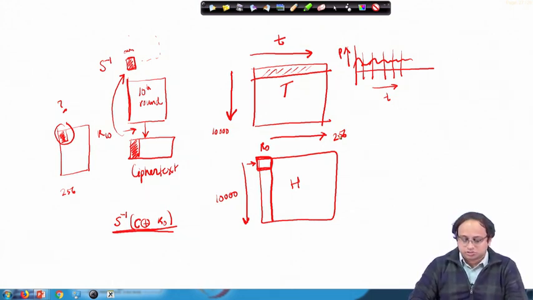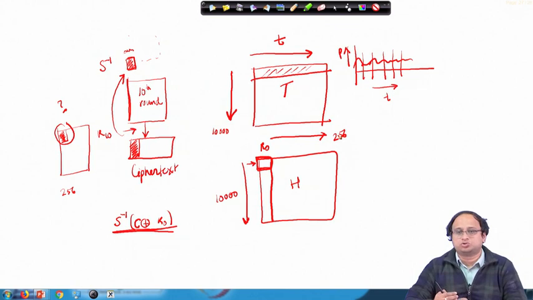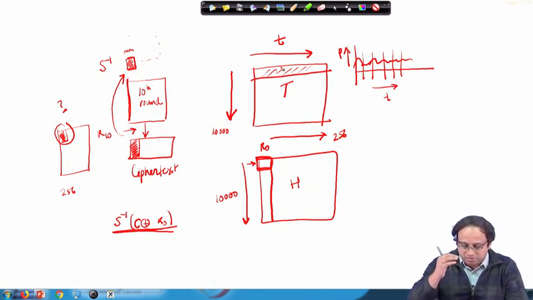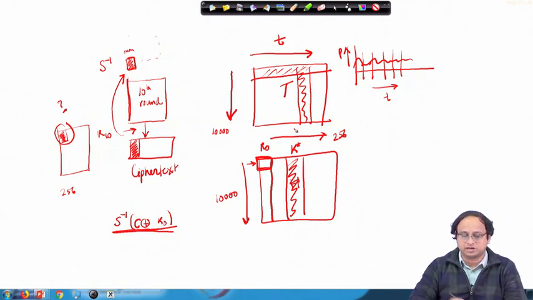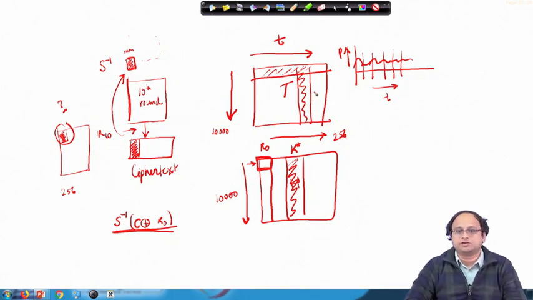Now the question is what CPA tries to do. CPA knows that one of these keys is correct. Suppose k star is correct, and therefore the column corresponding to k star should correlate somewhere with these columns, because there is a real power trace being observed here and this is your hypothetical power. At some point of time there should be a correlation.